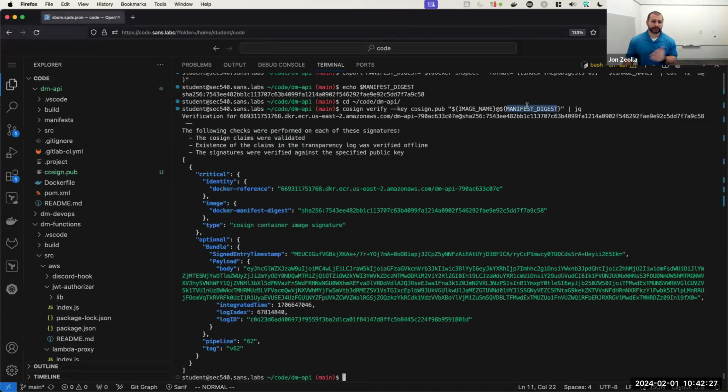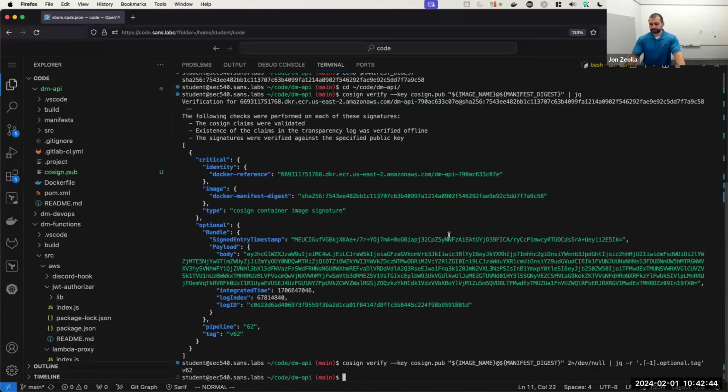I checked a manifest digest, but I don't know about you. When I want to use an image, I don't like manually keying out the manifest hash. I just don't do that, right? This massive thing right here, I don't know to look at that. I use tags, right? So tags can be included in the cryptographic signature. You can see here, I'm going to extract this optional field called tag, which we did include, and we can see that this manifest has a digest which maps backwards to the tag. So if you've seen a common trend here, historically we've been thinking about going forward. Supply chain is about linking things backwards and forwards.